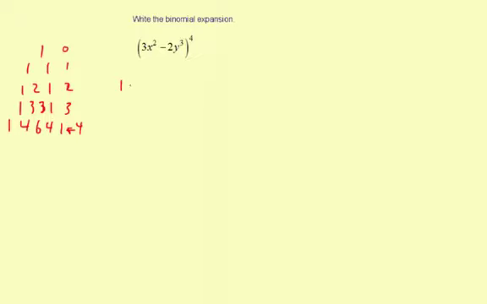It's going to be 1 times 3x squared to the fourth. The first term gets the highest power in the beginning. And then this negative 2y to the third, it's going to get the 0 power. And then plus 4 times 3x squared all to the third power, and then times negative 2y to the third